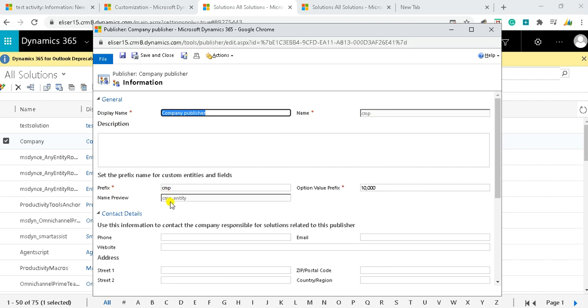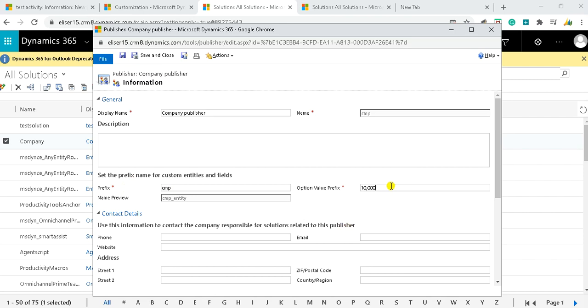So if I create any component within this solution, that component will be preceded with CMP, that is CMP underscore entity. Like if I create an employee entity, CMP underscore employee will be the schema name for that entity. And the option value prefix depends upon the name given to the prefix, and option value prefixes are basically used to differentiate solutions within an environment.